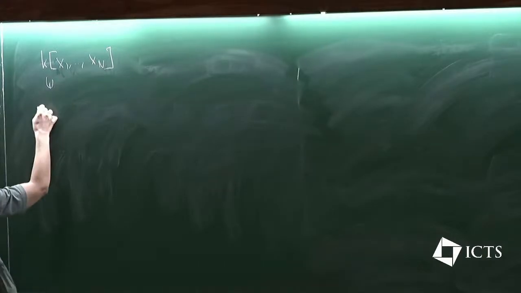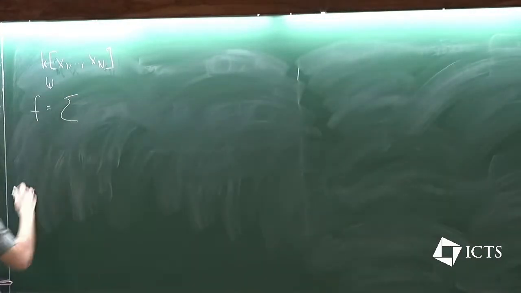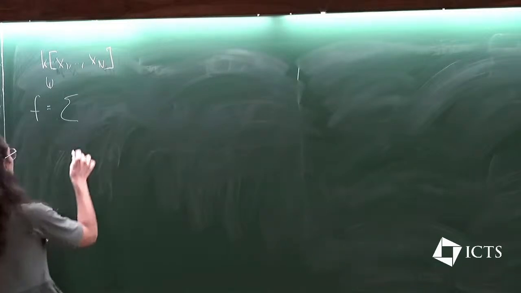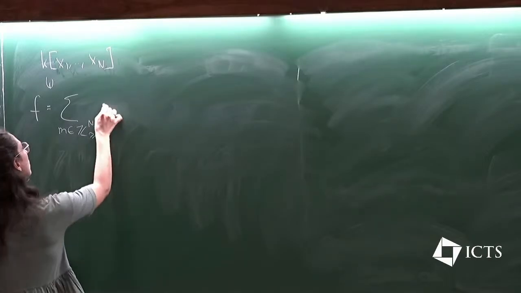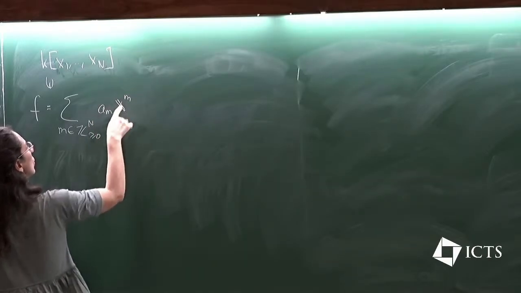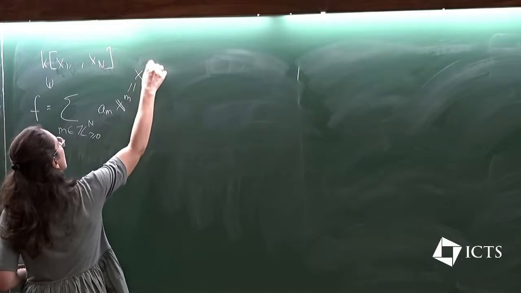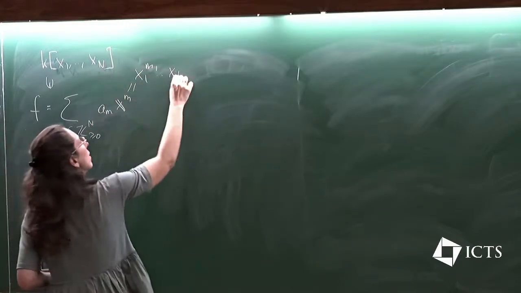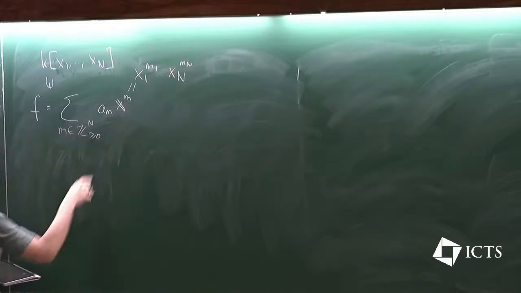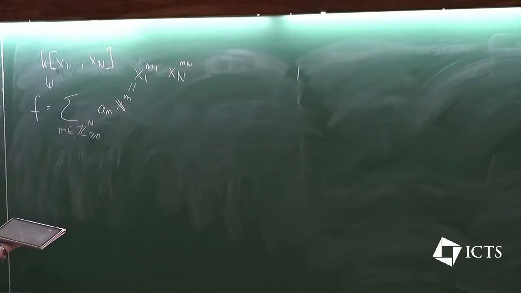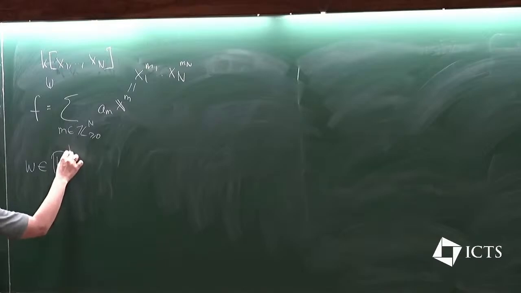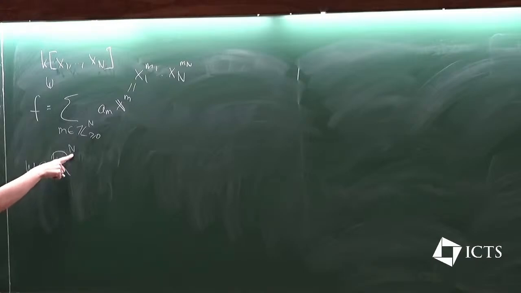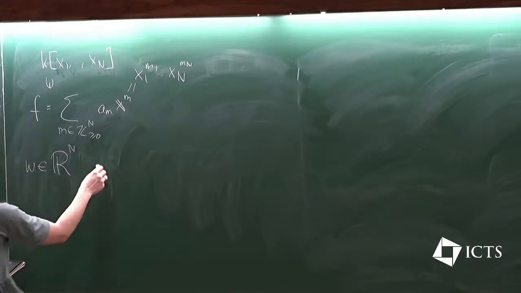So one thing that I can do if I have a polynomial here, well, I write it as a sum of its monomials. So this x to the m is now x1 to the m1, all the way until this xn to the mn. And m1 to mn are non-negative integers. And then I can pick a weight vector that is just some n-vector with entries in R, and define